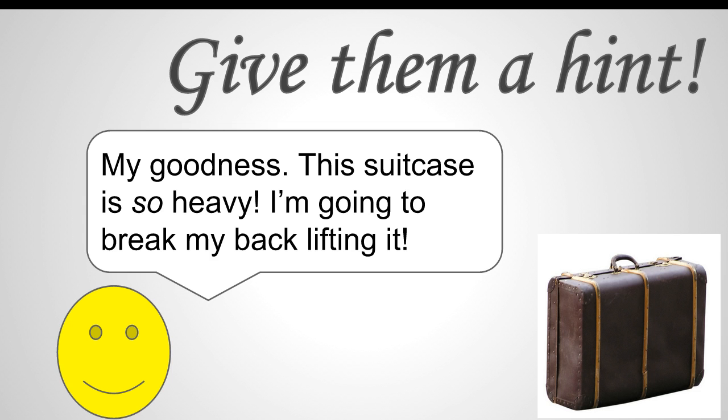Now sometimes you can be really polite and people don't really understand that you're asking them to do something for you, that you're actually giving a very indirect command. So if all else fails, you can give them a hint. Whew, my goodness, this suitcase is so heavy, I'm going to break my back lifting it. Now hopefully the person you're speaking to will understand that you actually need some help. So that's very, very unsubtle. It's actually pretty obvious. So you could make it slightly less obvious by saying,